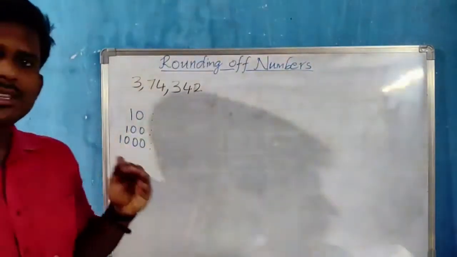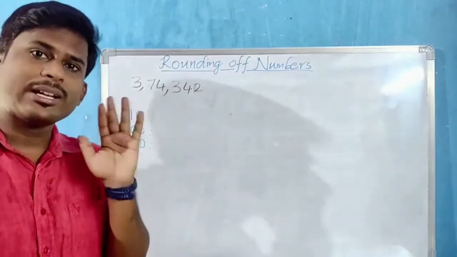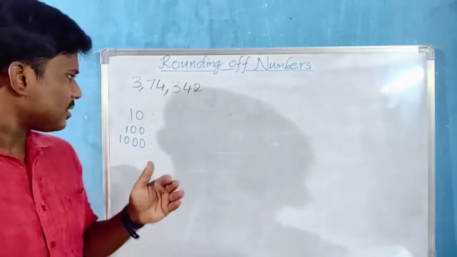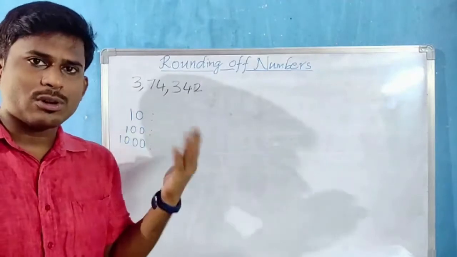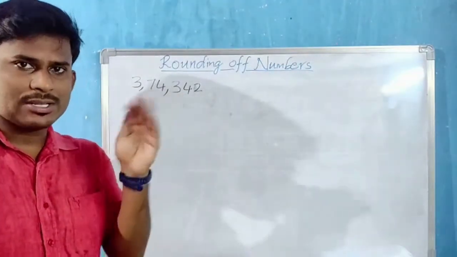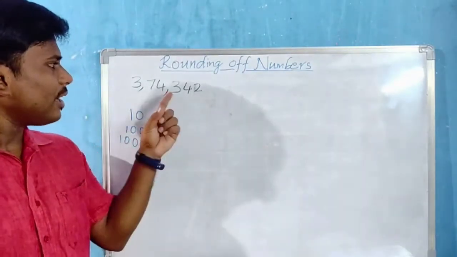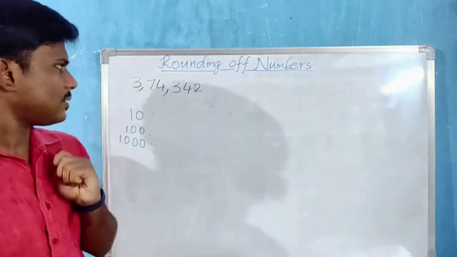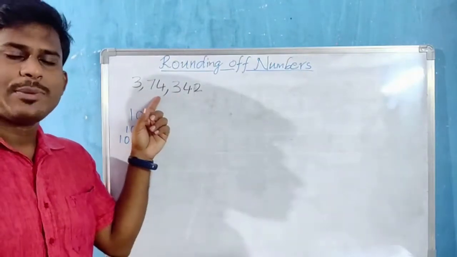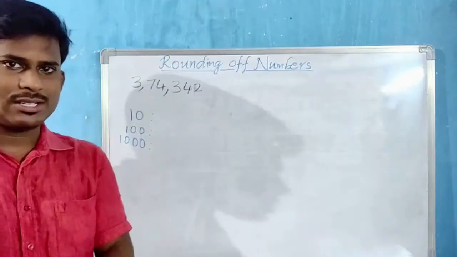When the question is asked in the form of rounding off to the nearest tens, first of all we have to find the rounding digit. So what is meant by rounding digit actually? Rounding digit is nothing but to which number we have to round off? We have to round off to the nearest tens. Tens place will be the rounding digit. If the question is asked round off to the nearest hundreds, then hundreds place will be the rounding digit. If the question is asked nearest thousands, then thousands place will be the rounding digits. So first main important thing is we have to find out the rounding digits.